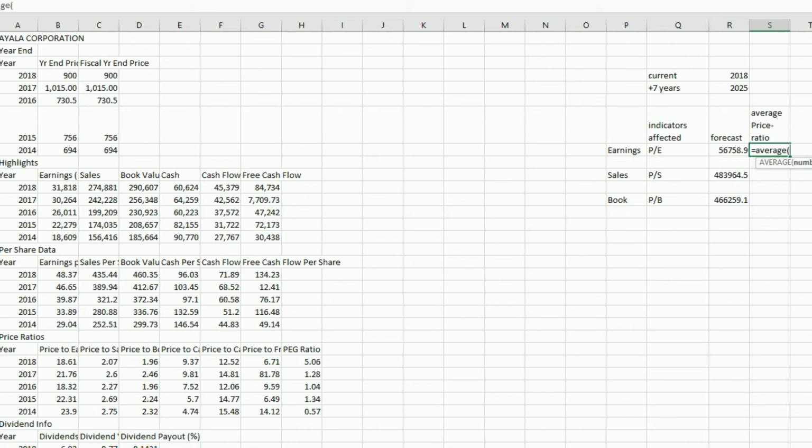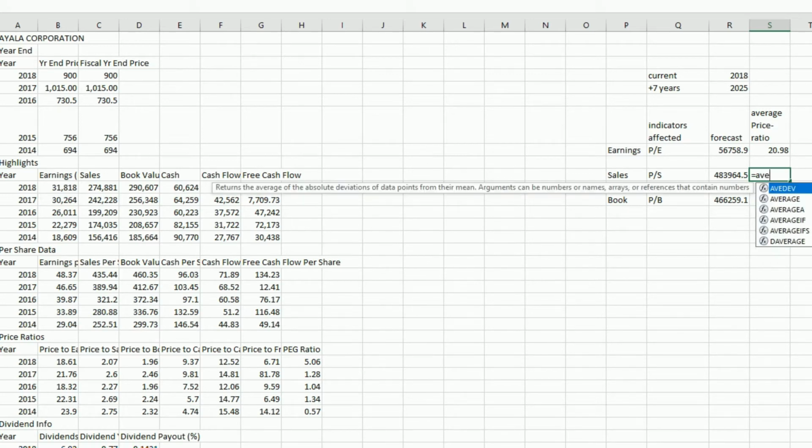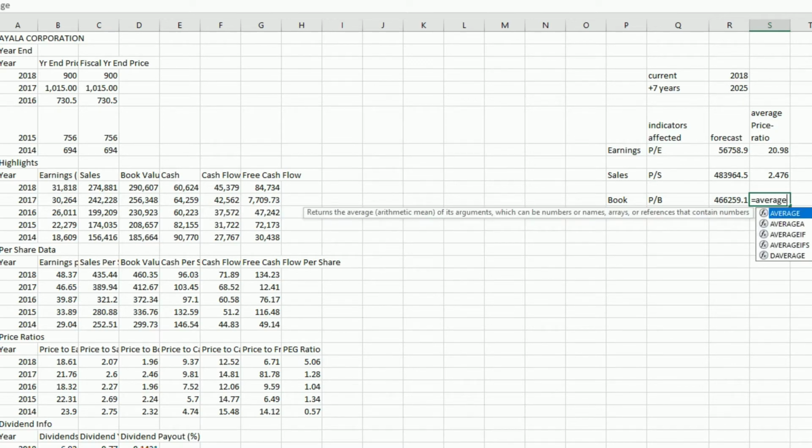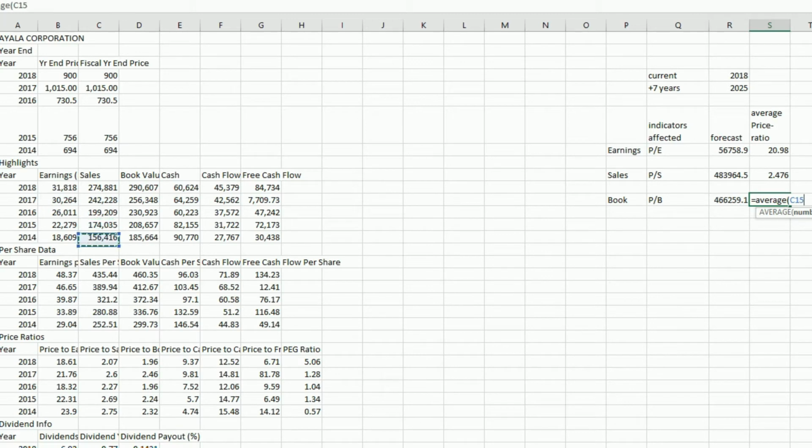Average, near average. So price earnings, just the average. So the average is about 20.98. How about the price to sales? Average again. And then the price to book, average. So more or less we will have a number that corresponds to each of these. So a number for price earnings, price sales, and price book. Okay, so if this is the forecast,